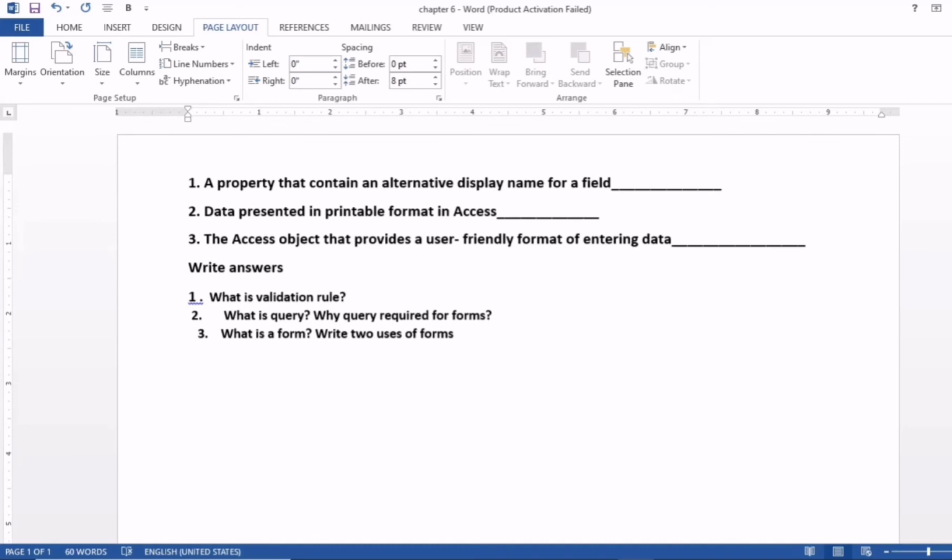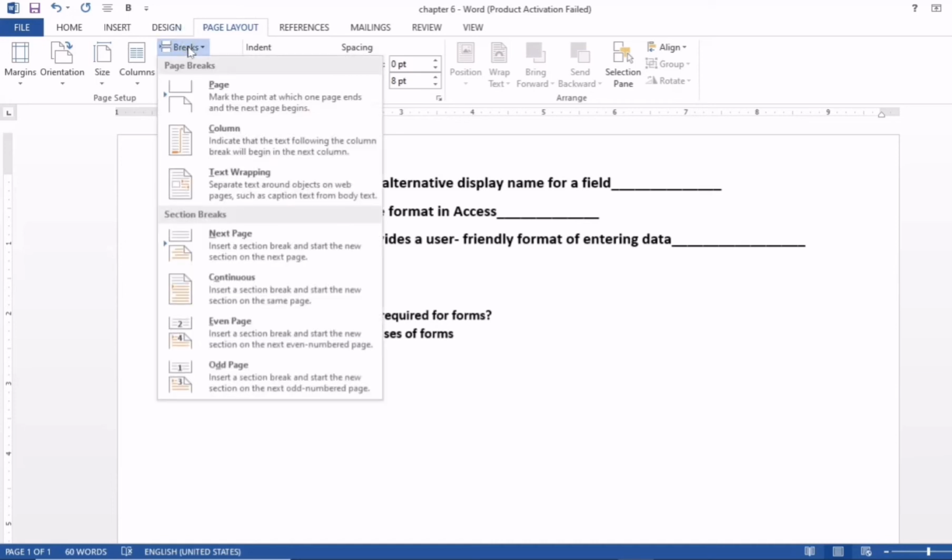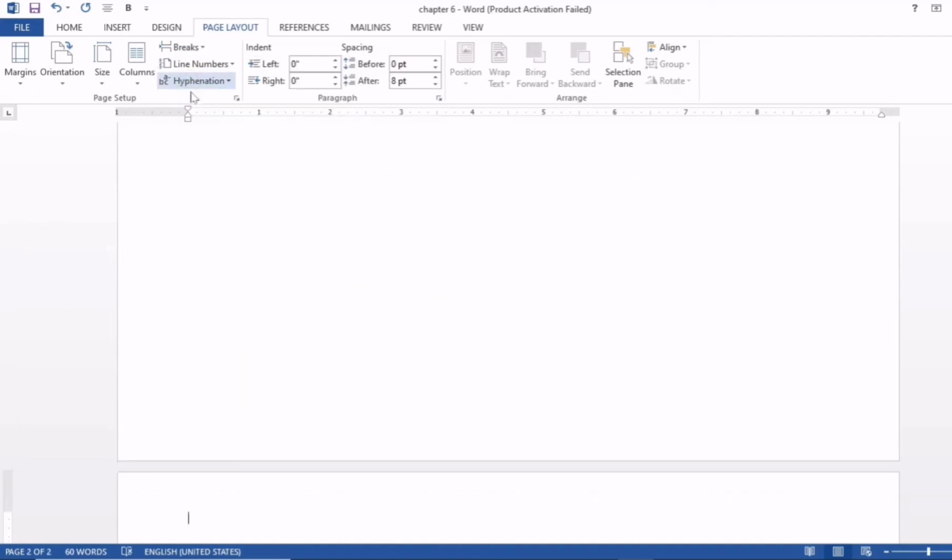Now another thing is you can apply a page break. You can see page break here. My page finishes here, but I want to insert another page, so I click here at the last, and after this I insert a page break. You can see different styles, so I select this one. Okay, you can see the new page appears.